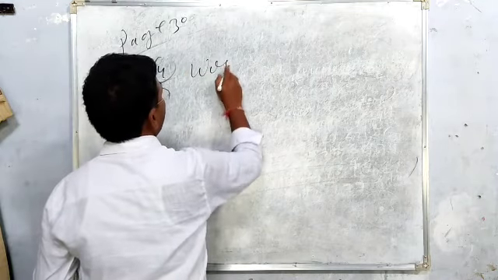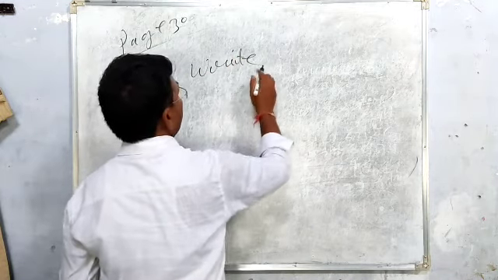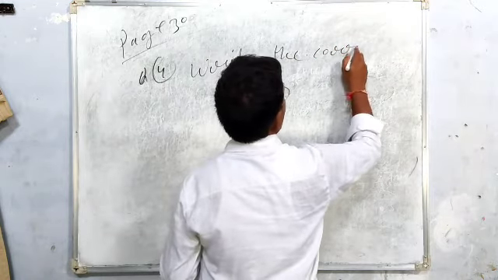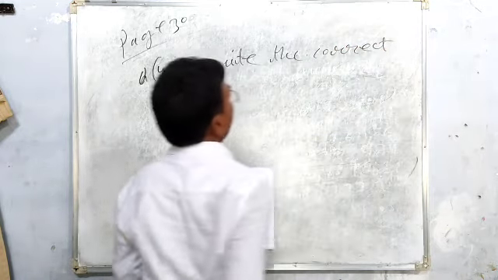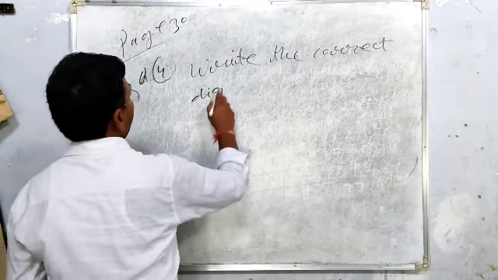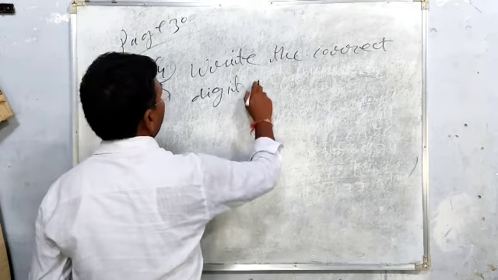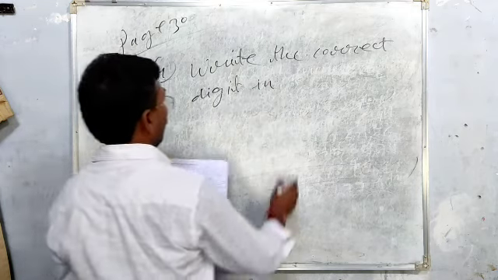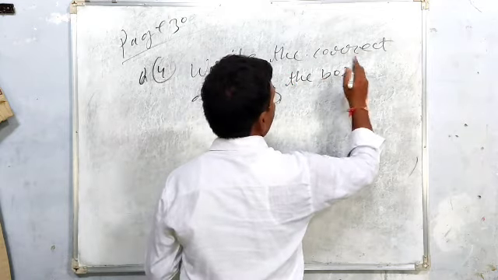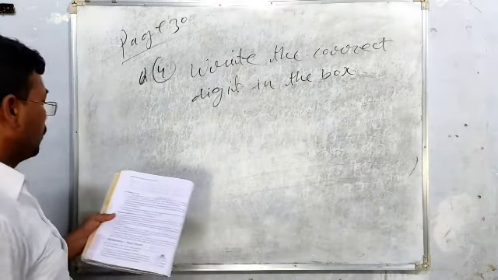Here it is asking to write the correct digit in the box. First one,